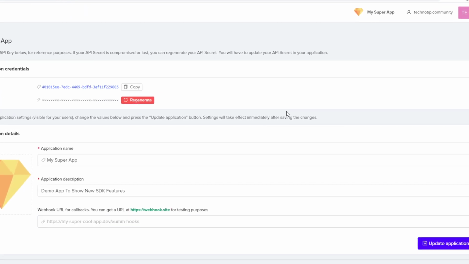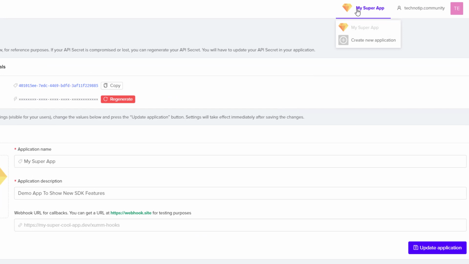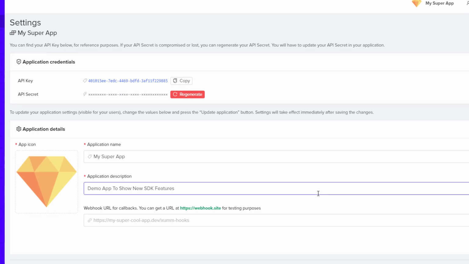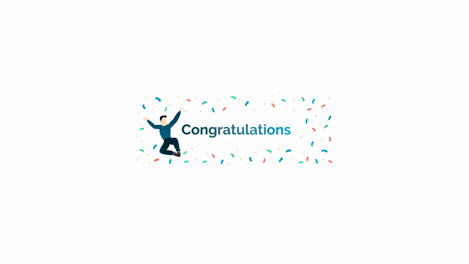And the menu right here has list of all the applications you have created, which has unique app ID and app secret. Okay, so if you want to create another new application, you could click on that last link. So here is a link to change your password and to log out. So that's it. So this is how we can get some API credentials. And congratulations, you have registered your first Some app and you have your API credentials.